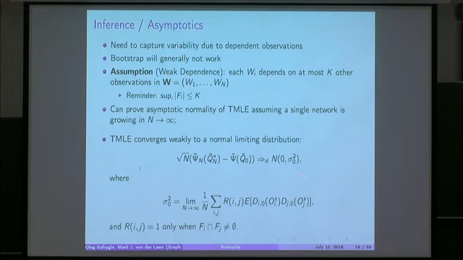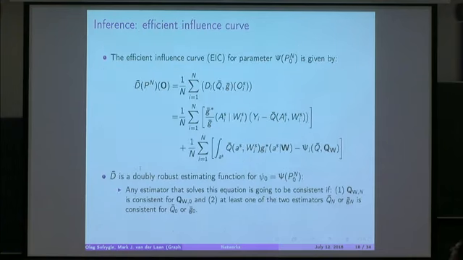And then we need to sum it over all i and j. So another important thing to point out is that this efficient influence curve is a double robust estimating equation, meaning that if you went about estimating your parameter by simply solving this, plugging in the estimates for all the components that are unknown, and then solving it for your parameter, you would have the double robustness property, meaning that if you estimate your exposure model correctly, you'll still be consistent, even if your conditional outcome model is wrong.